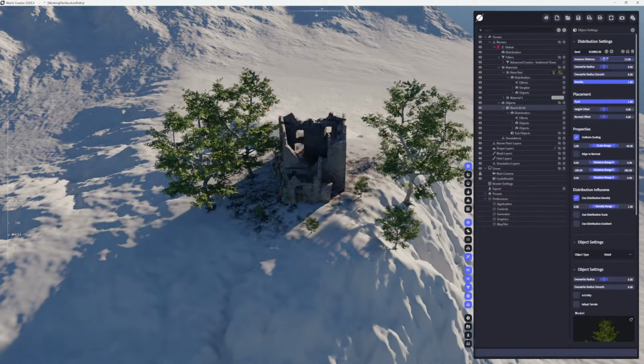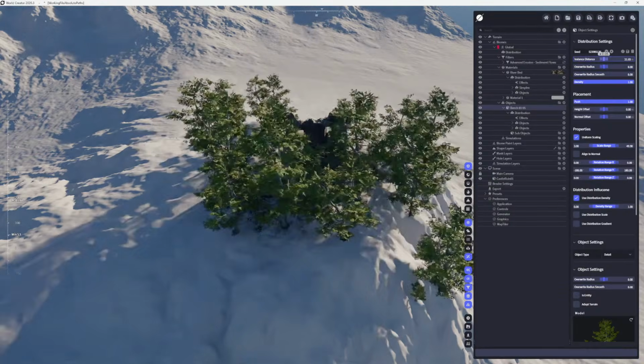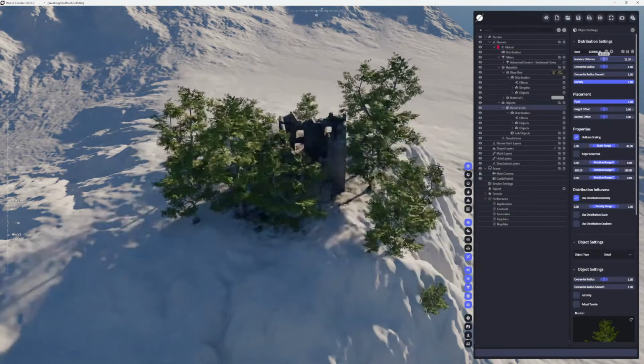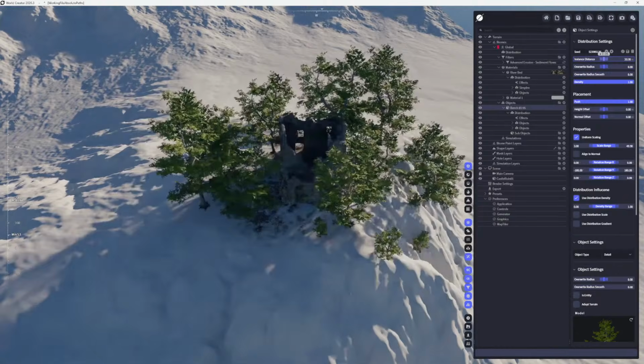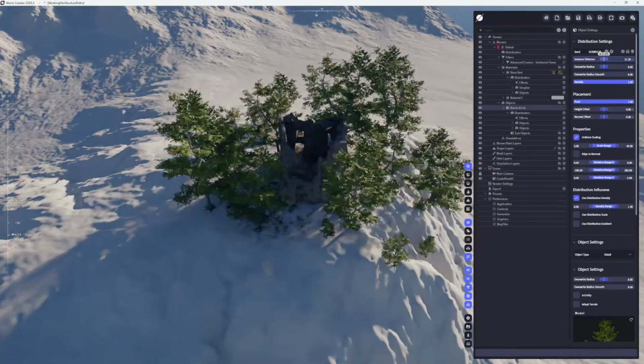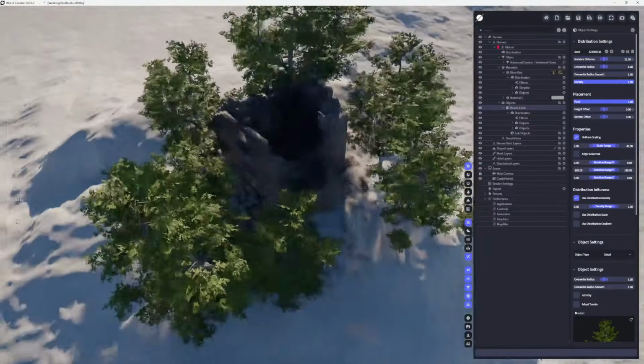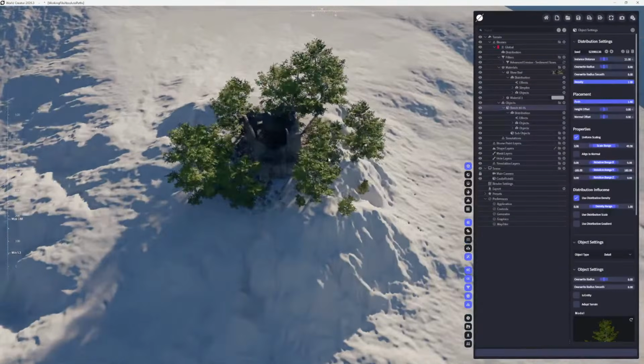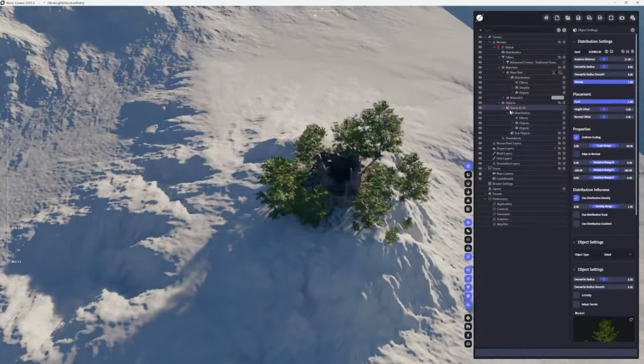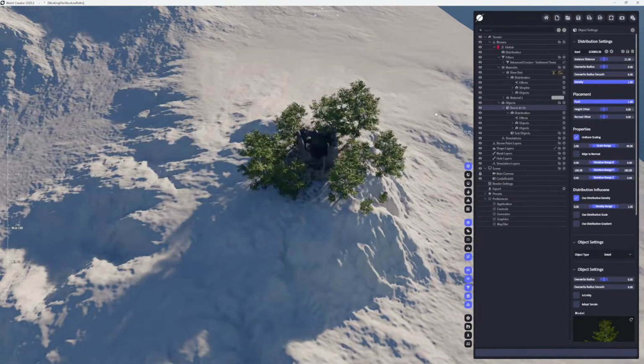Now let's see if that works. If we use a larger instance distance, there's no tree getting into the castle. That's really cool. That's really amazing. And we still got the textures here. That's really cool. And now, because we have a dependency of the materials and the objects around that castle object,